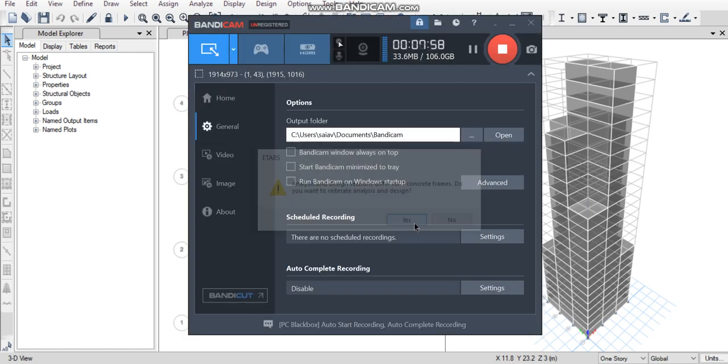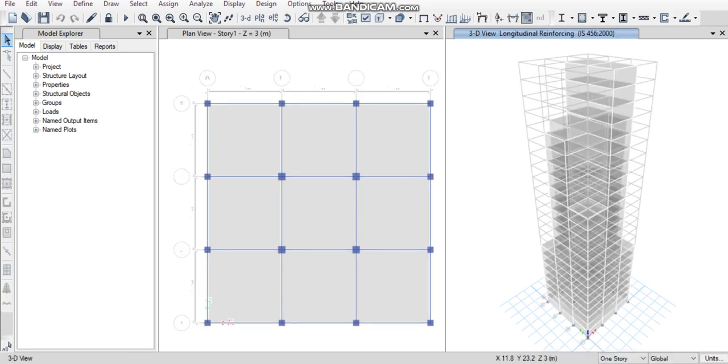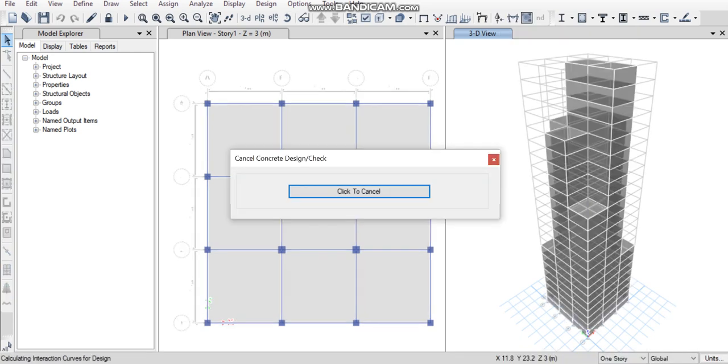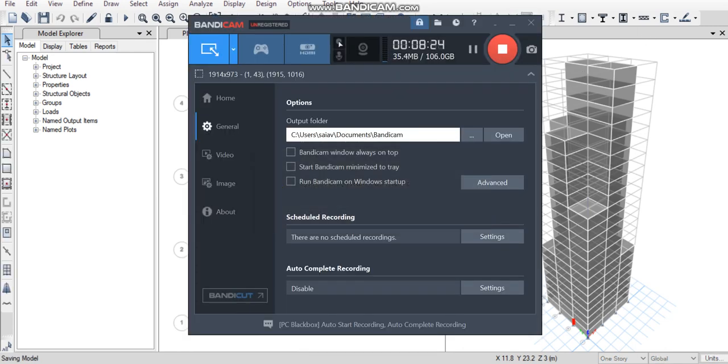Please click on S. By clicking on S, it will iterate.